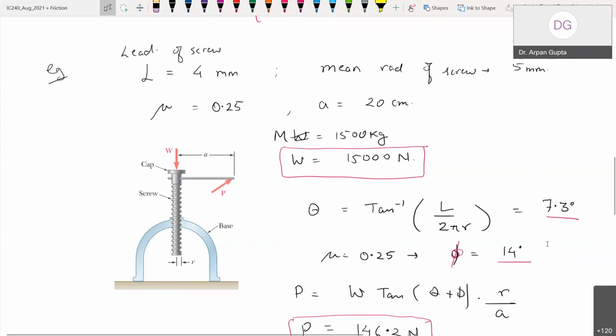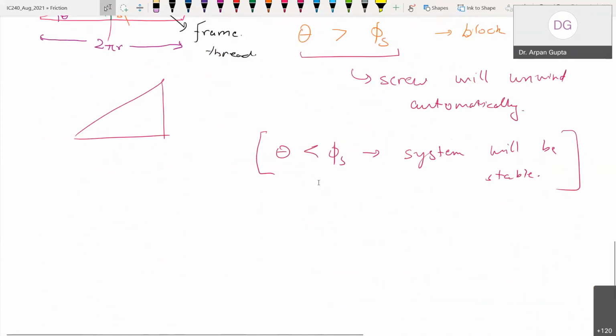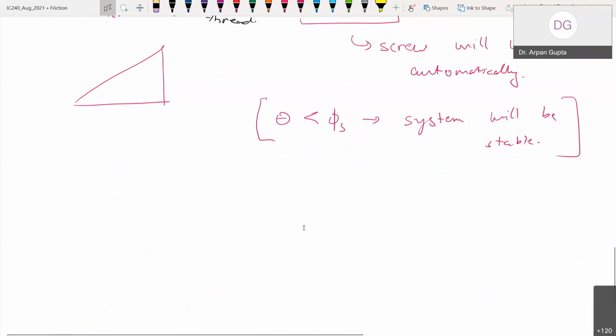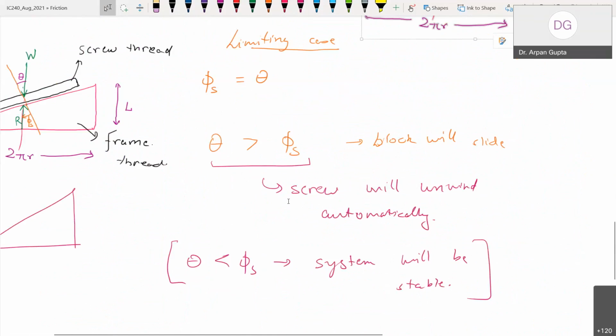So this is a typical thing important for stability of these systems. If not, it will unwind itself, and it cannot be used for clamping applications and other such applications. Okay. The third case, the last case, is suppose I have the screw jack which